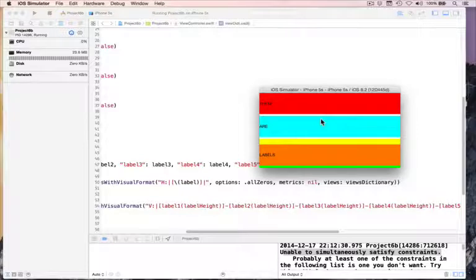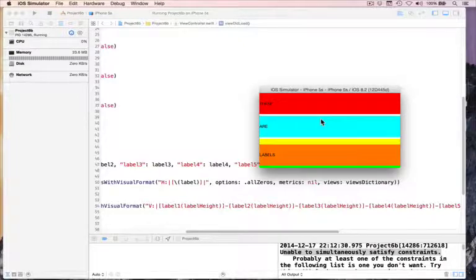It evaluates the priorities. It'll say, okay, I've got 10 constraints here, 5 are required, make those happen. Next one's really important, 999, do that one next. Then one's 750 and one's 500 and so on, down to the lowest one. And it will make sure it does the best it can down that list. And it may have to ignore some of the bottom ones because it won't work, but that's okay because they're